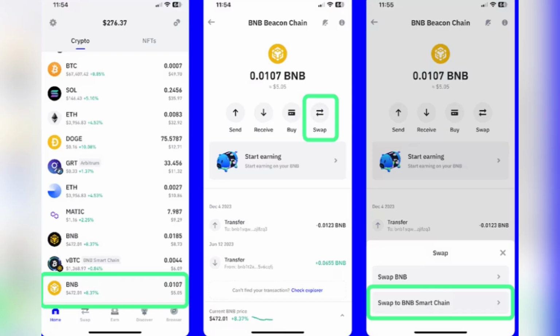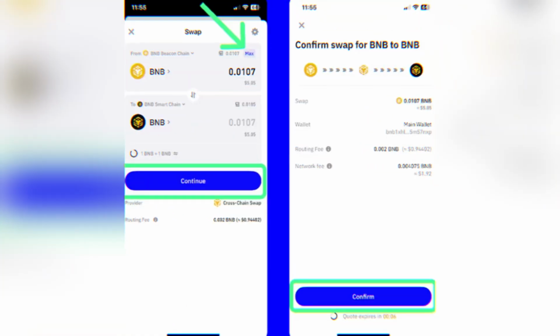This option lets you move your tokens from the BNB Chain BEP2 over to the BNB Smart Chain BEP20, which is what most decentralized apps use today. To swap your full balance, tap Max, then hit Continue. Review all the details carefully, make sure the amounts and network look correct, and when you're ready, tap Confirm to